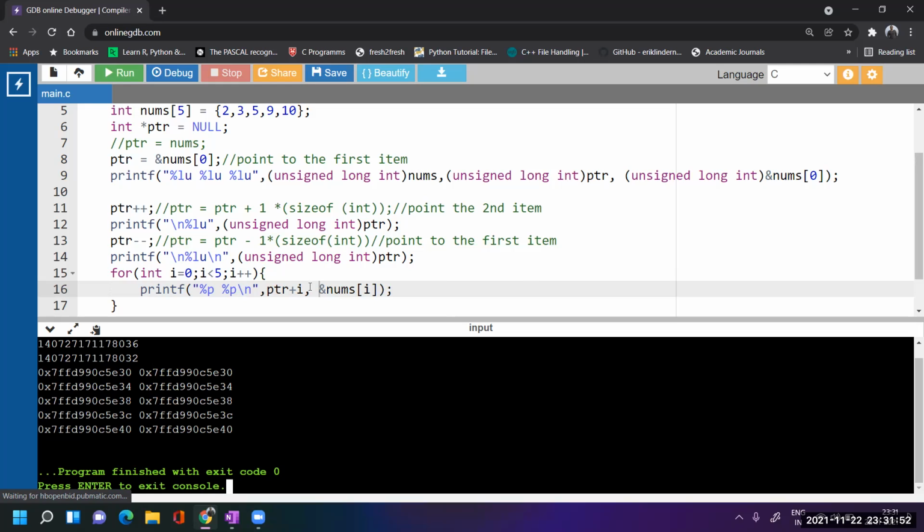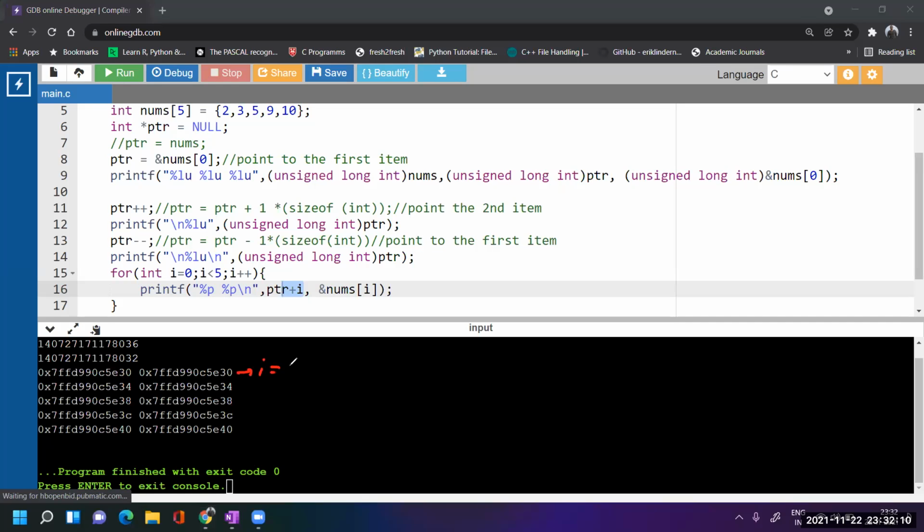So here you can check. The address is 30. 30 plus 4 is 34. 34 plus 4, 38. 38 plus 4, it is 12, so in hexadecimal, it is C. 12 plus 4 is 16. So again, it is coming from the 0. Correct. So how is it happening here?